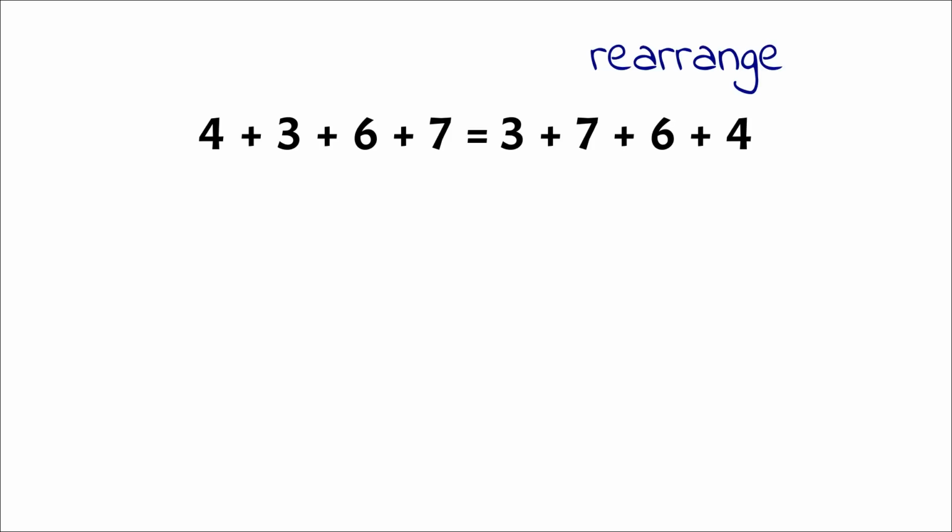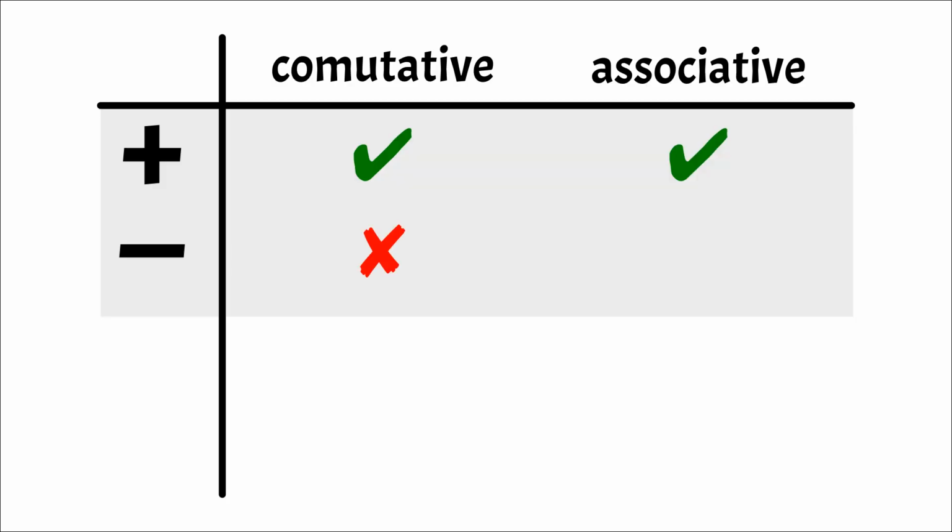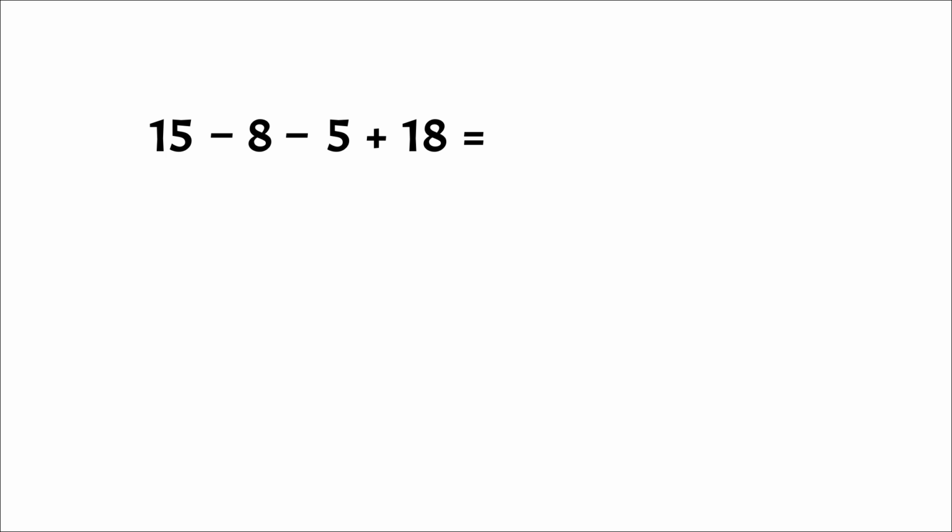That means in a chain of additions like this, we are free to rearrange the numbers and choose whichever addition to be done first, which one to be done next, etc. But subtraction is neither commutative nor associative, so we cannot do the same thing to an expression that also involves subtractions, like this one, unless we change those to additions, and now we're just as free as before.